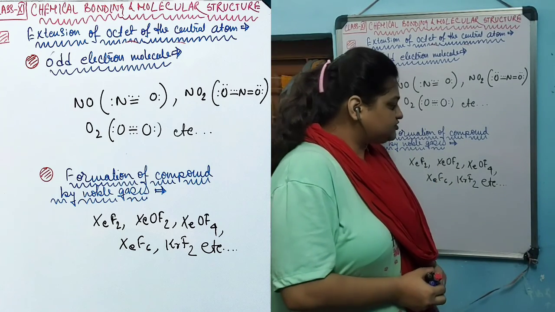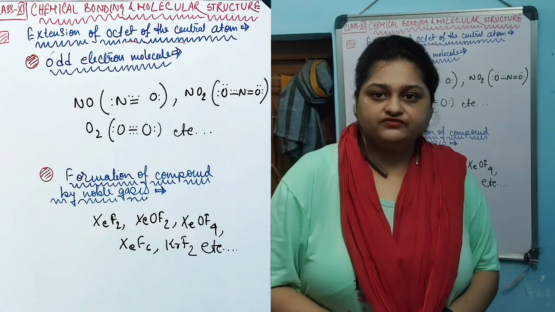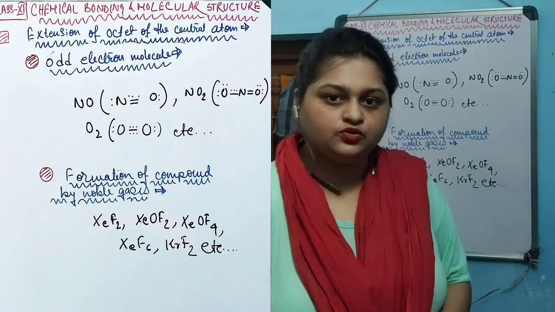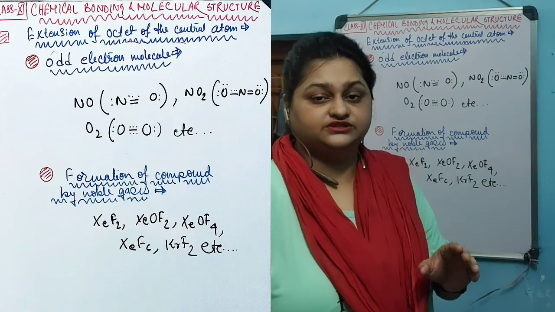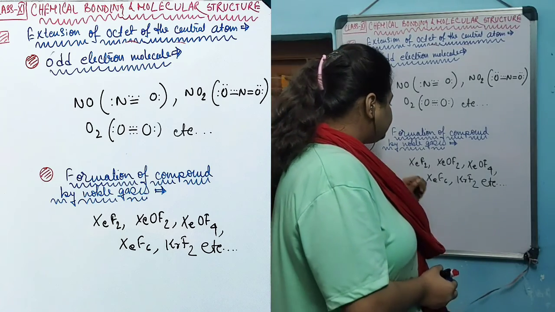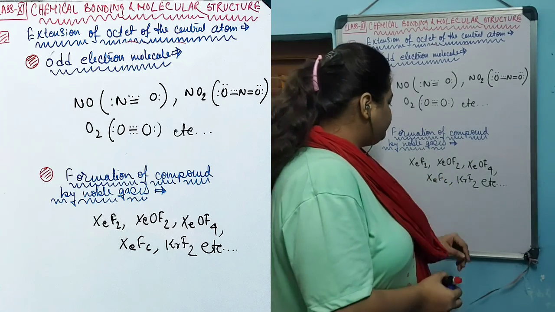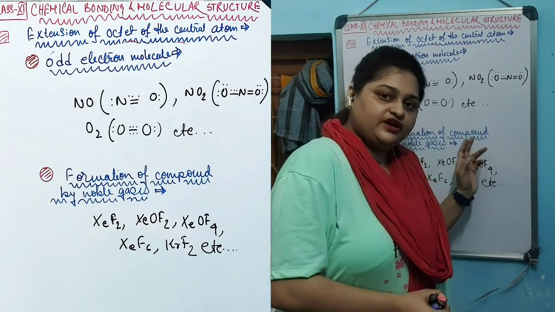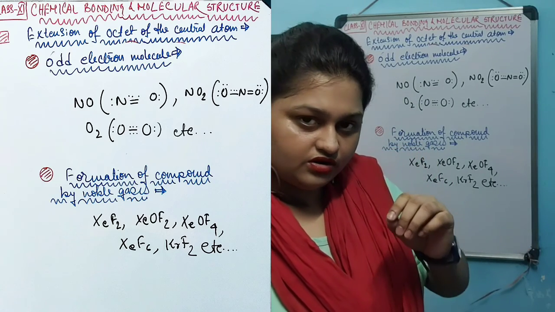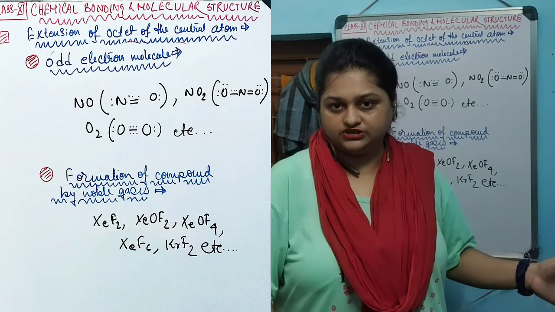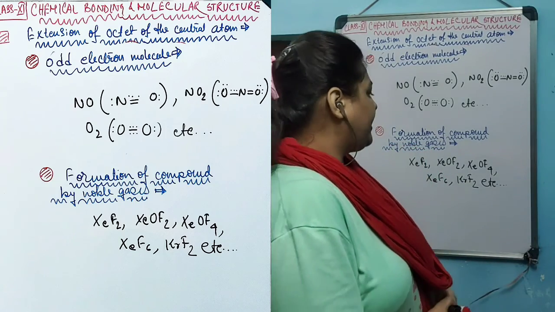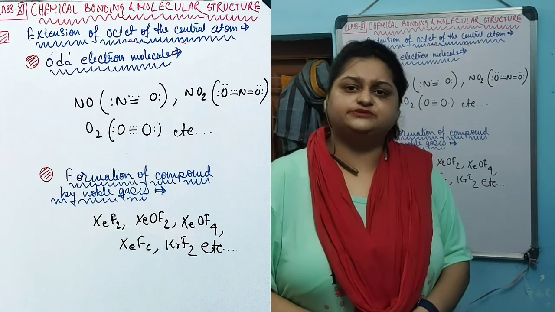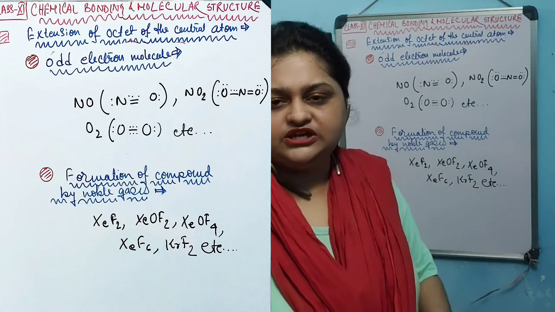In a similar way, the basis of the octet rule was that noble gases have the most stable electronic configuration as they possess 8 electrons in the valence shell. But we now know that some of the noble gases do form compounds like XeF2, XeOF2, XeOF4, XeF6, KrF2, etc. Now, if the octet rule gives the most stable electronic configuration, and that's why most bonds are formed, then why do these noble gases form this kind of compounds? The octet rule could not explain this kind of compound formation by noble gases.